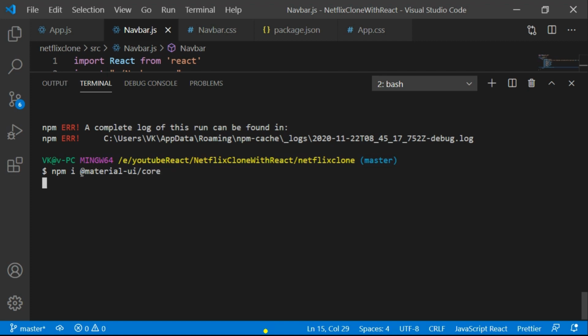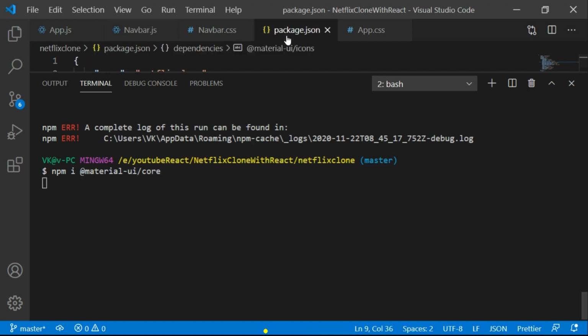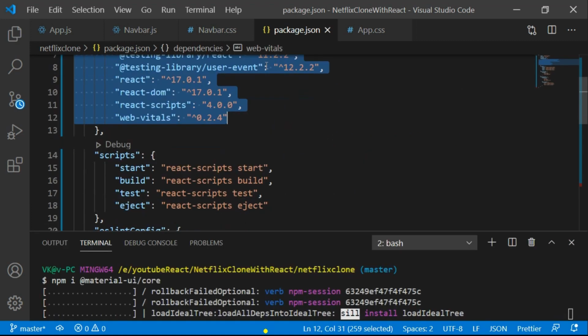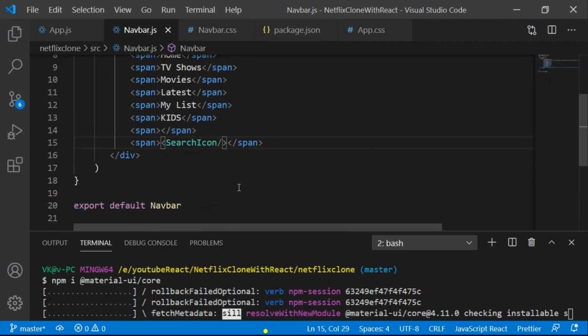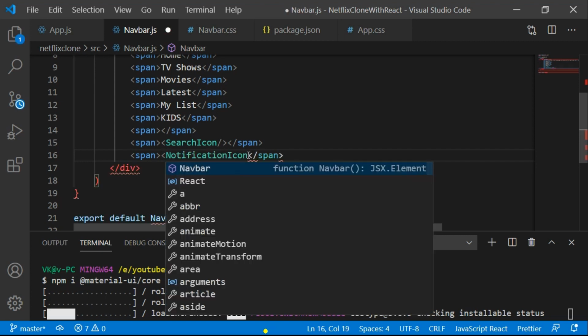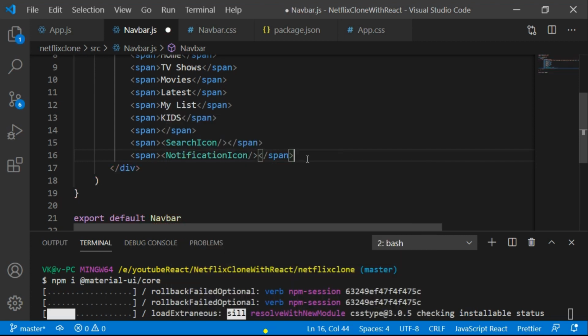So firstly we're gonna install this material UI core. I think it's fine. Yep, that's cool. So we're installing this material UI. Till then let's add another span tag here. Hit enter and add a span tag. Now we are gonna render another icon here, which is a material UI icon, and then another one will be the notification icon, and again we are gonna need the starting and the enclosing tags here for rendering a component, or you can say icon here.